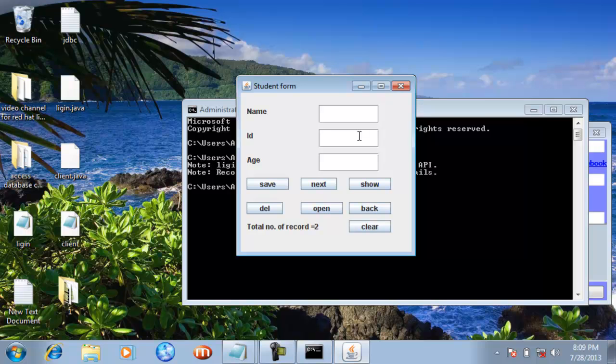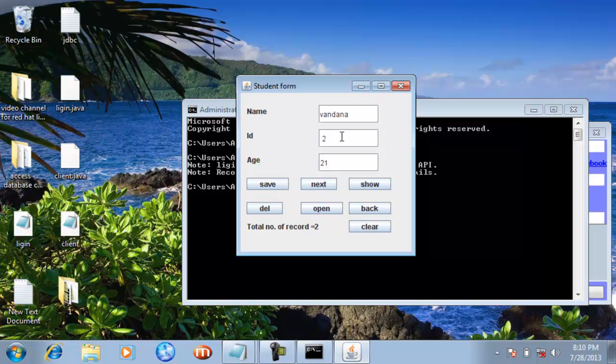Like guys, if I want to get the information related to the first row having id value equal to 1, then I will write id 1 here and click show. So here you can see that the row having the id value 1 is displayed, the name Dipen and the age 25. Again guys, if you want to get the information related to the row which has id value 2, then give the id value 2 and click show. Then you can see that the row having the id value 2 has the name Vandana and age 21.